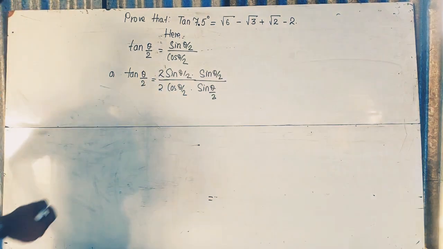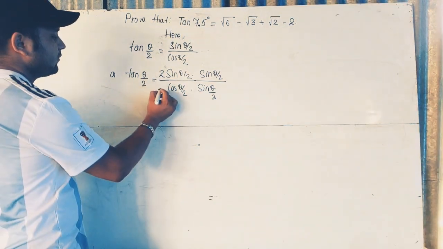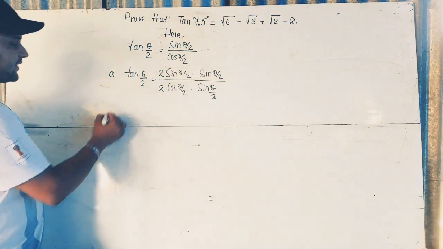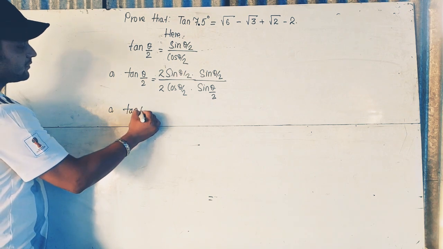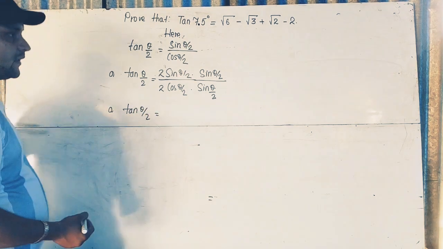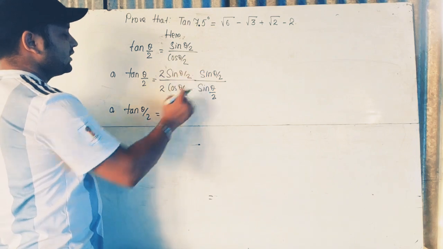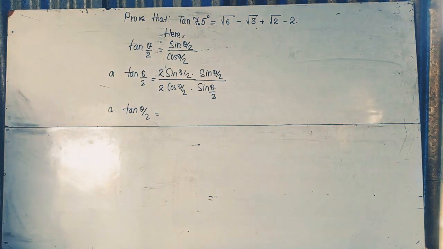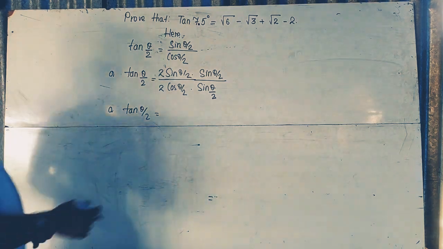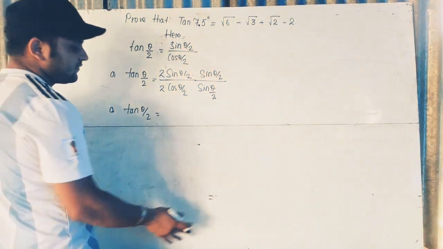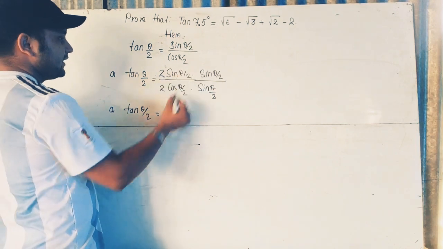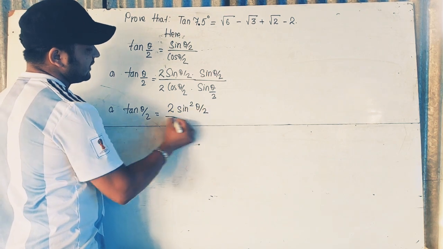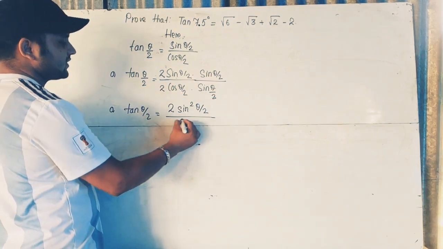So we multiply the numerator and denominator by 2 sin theta by 2. This is done for the purpose of changing it in the form of formula. It doesn't matter, you can multiply the numerator and denominator by cos theta by 2 also, but the difference is that when you multiply by sin theta by 2, it will be easier for us to calculate. So 2 sin theta by 2 into sin theta by 2 gives you 2 sin square theta by 2, and in the denominator 2 sin theta by 2 into cos theta by 2 gives you sin theta.